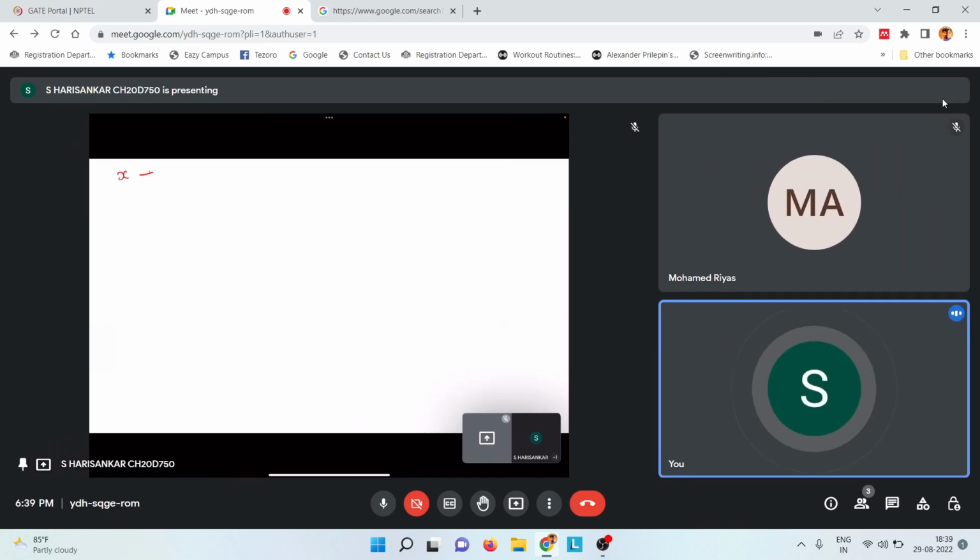Let's say it is given that the initial wet basis moisture content is 60%. Now let's say you have 10 kg of wet solid. Can you guess how much, in this 10 kg of wet solid with 60% wet basis moisture content,